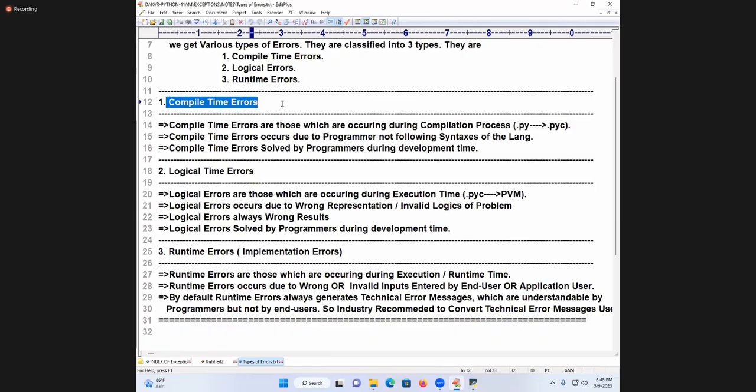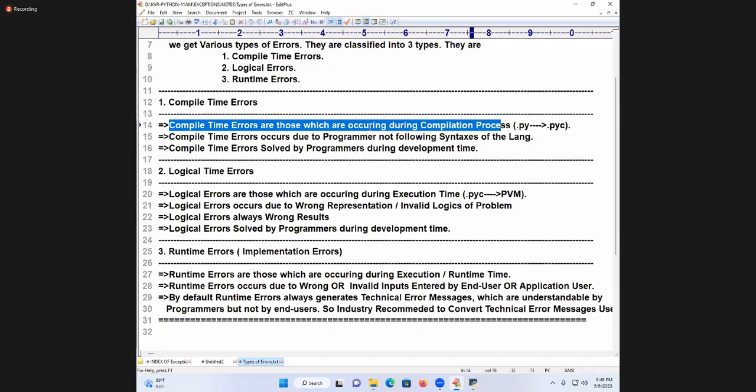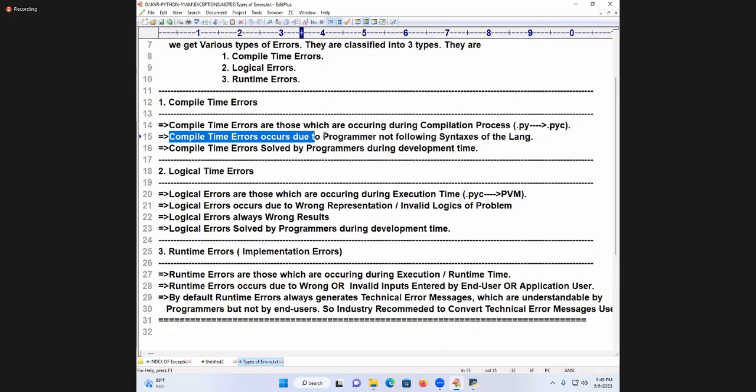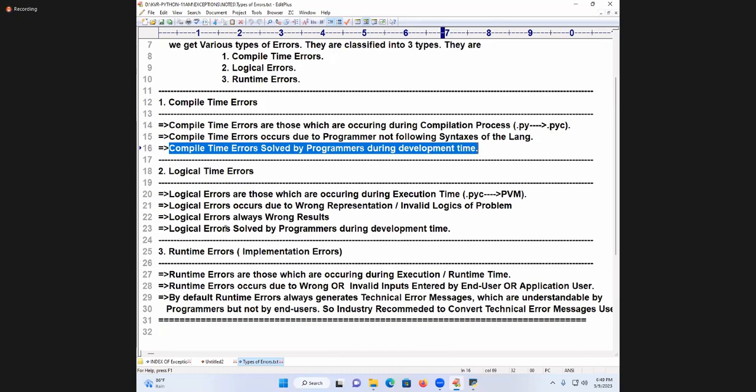Compile time errors I am going to take up. Read out clearly. Compile time errors are those occurring in the process of .py to .pyc. Compile time errors occur due to programmers not following syntaxes of the language. Compile time errors are solved by programmers during development time.